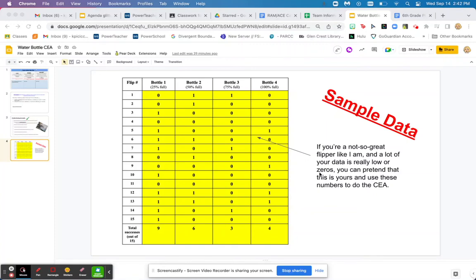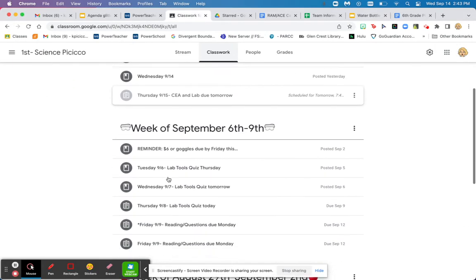Okay, by now you should be done with your lab and you're ready to do the final part, which is called the conclusion. So your lab sheet should kind of look like this, where all the columns are filled out with a yes or a no or a 0 or a 1, and they have tallies at the bottom. So double check. Also, you should check that your lab has the full